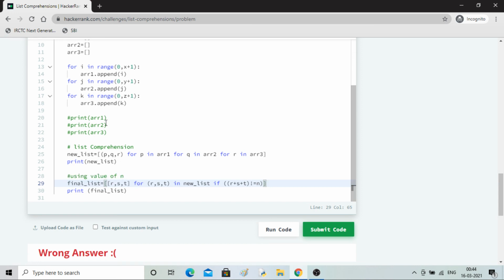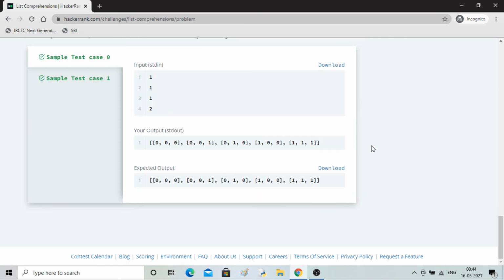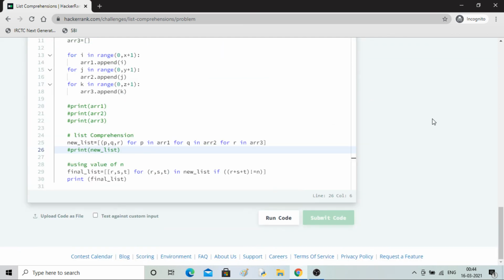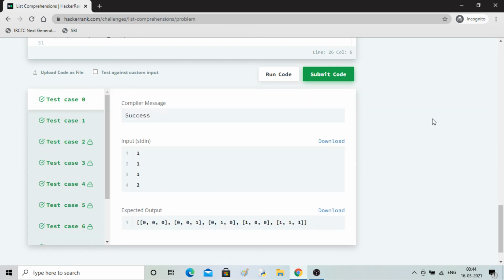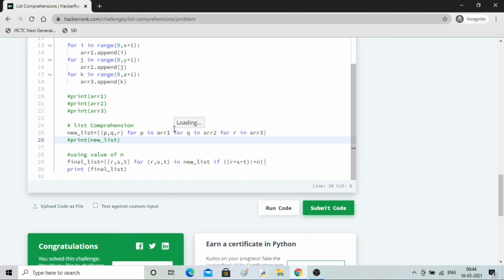Okay, and just to give you the output, I'll do hash, so we will get the same output. Okay, test cases are passed. Whenever I'll submit, no issues. You can see it's much faster than the 3 loops we were using. So it is concise and crisp, you can say.